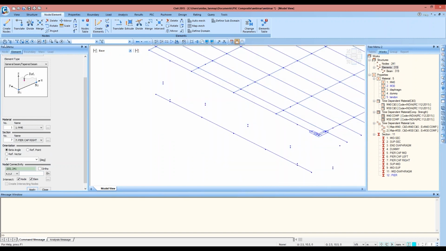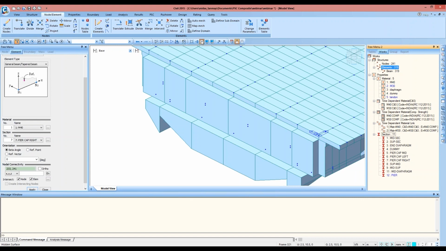So we need to allot, I'll select this section and pier cap left, and then I'll select this section and pier cap right. Now when I see the 3D view, so again the irregularities are coming here. That will be resolved when I define the tapered group.